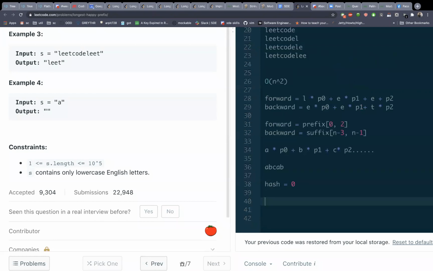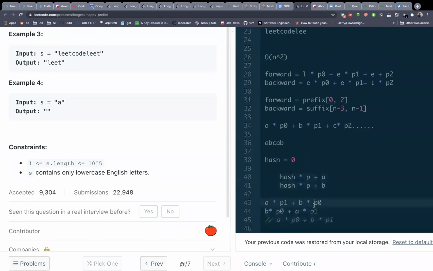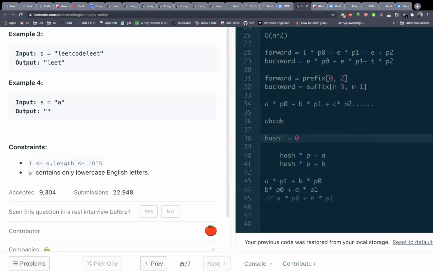Yeah, sure. So, why is hash 0 at line 38? At line 38, that's initialization. We initialize hash equal to 0. Okay, so the first one would not be having any power of P then because of this. Yeah. In general, in the formula that we saw, we do A into P0. P raised to 0 is 1, so technically that's not any power.